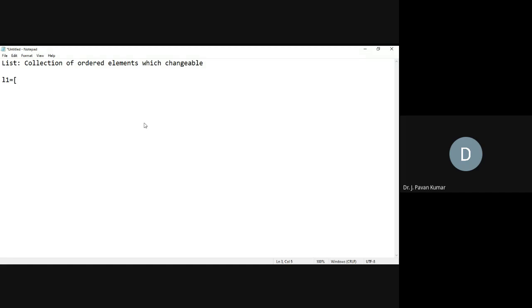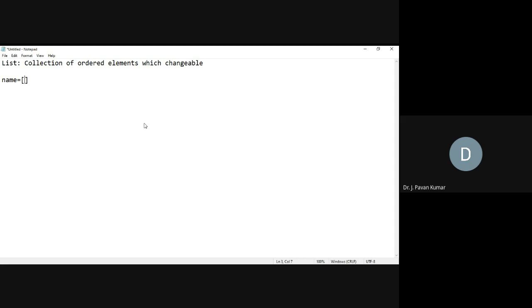By using square brackets. Whenever we use square brackets, that indicates it is a list. The name can be anything. Whatever we include within square brackets will be considered a list.